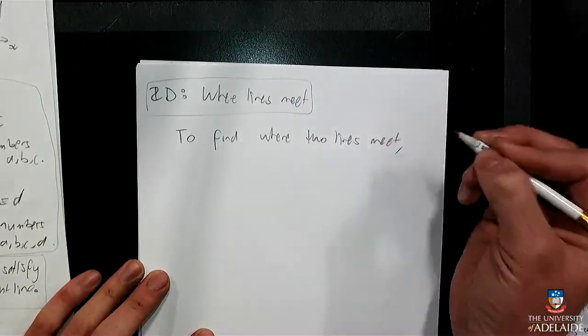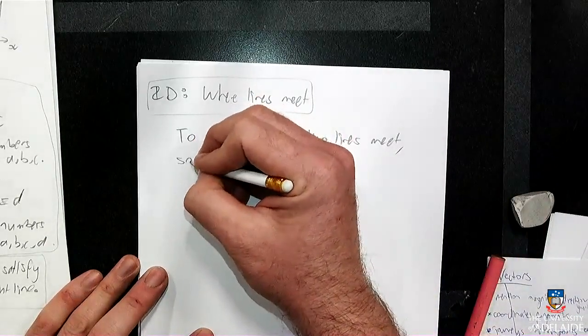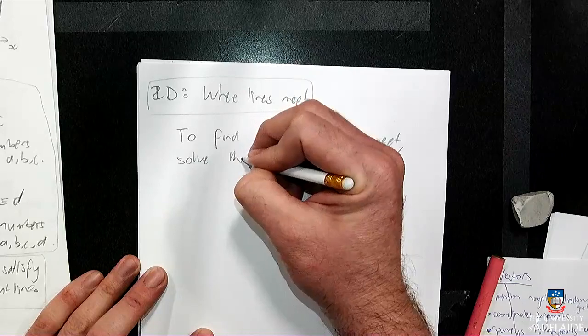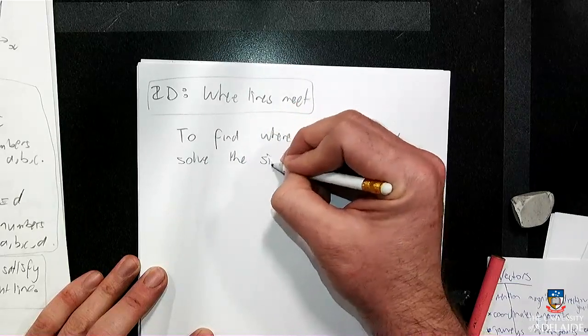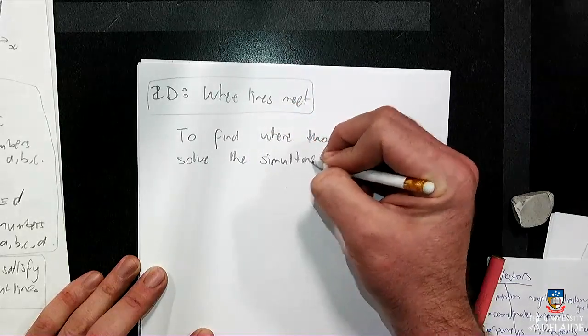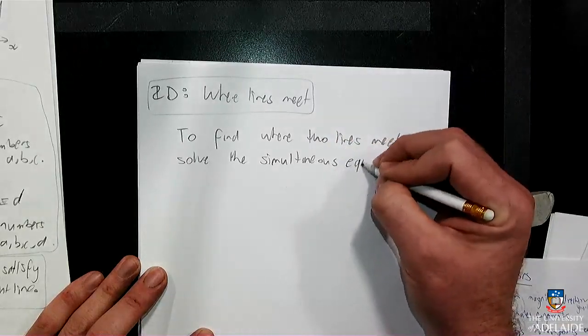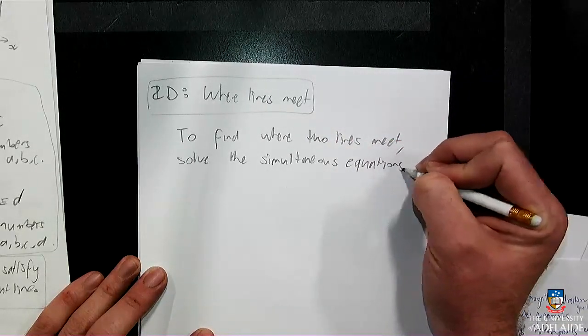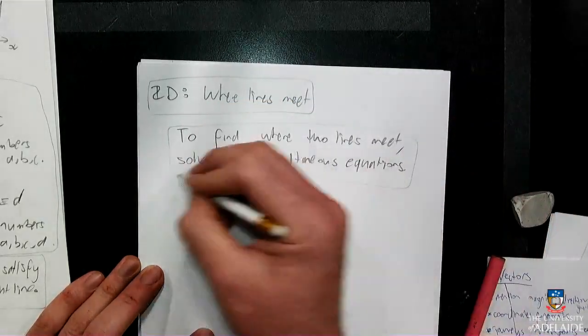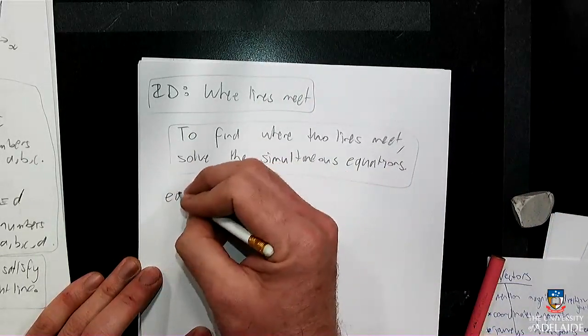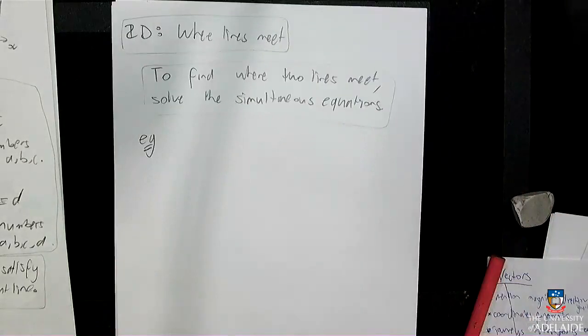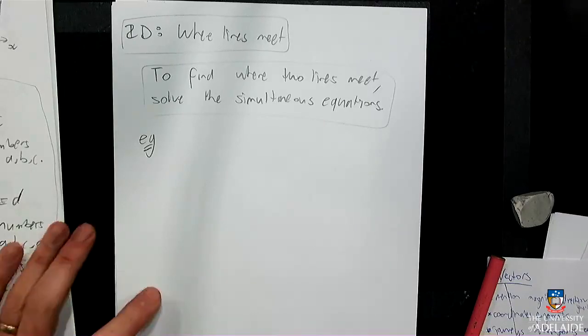Let's find where two lines meet. Solve the simultaneous equations. And it's easiest to do in an example. Now, this example I'm going to give you a method which is not the final method we're going to have. This is just a beginning method which will help to make sense of these things. So find